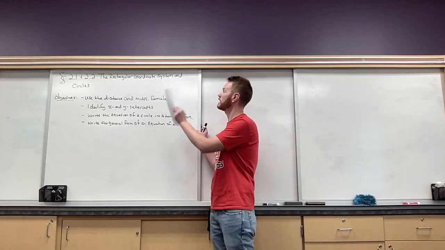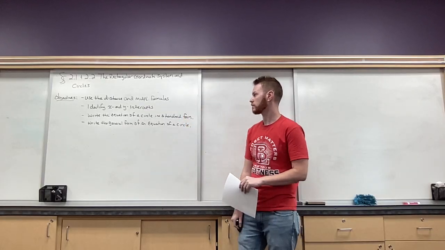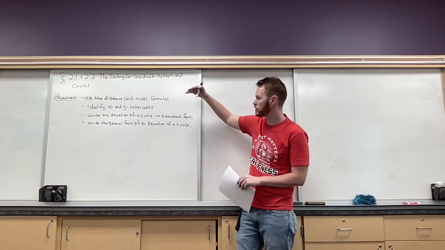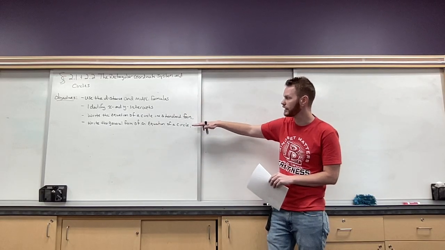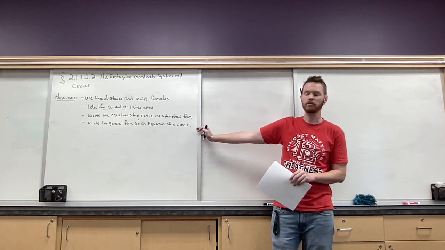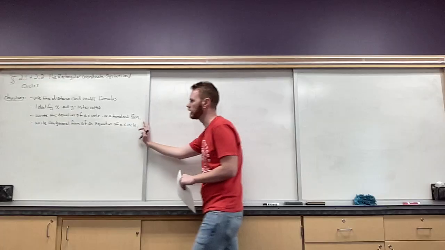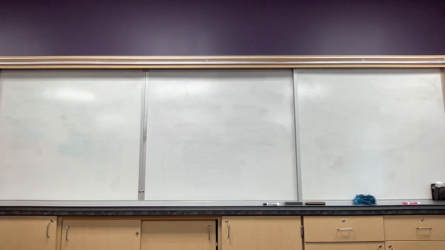Okay. So anyway, and then the last part of it is circles. So circles is the 2.2 section. But our objectives: this is a midpoint formula. Identify x and y intercepts. Write the equation of a circle in standard form, and then write the general form for an equation of a circle. Okay, so that's what we're tackling. Cool. But first,